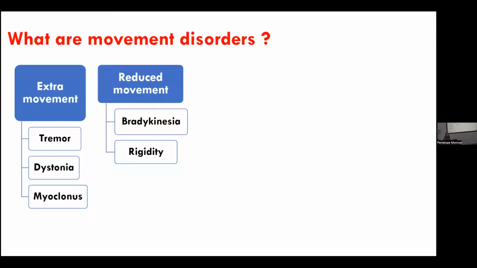All right, so what's a movement disorder? Any abnormal movement which has a neurological basis is what we could classify as a movement disorder. I don't have anything more technical than that. It's very helpful to classify movement disorders, and this is what I use in practice as well.